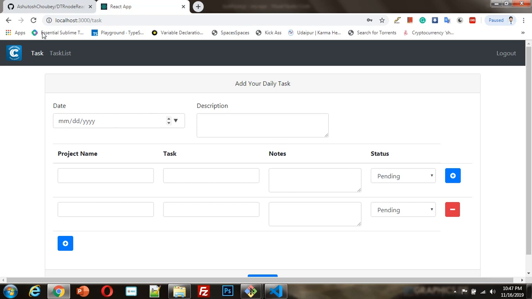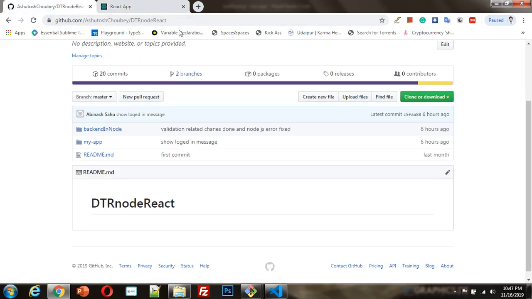For more information you can find the code through this GitHub link. I will put this GitHub link in the video description so you can understand the code, watch the code, download the whole project, and run it on your machine. For this you just need to go into each folder: my app is a client application, meaning the client side, which is made in React, and the other is written in Node. So go to that folder and type npm install, and all the Node packages will be installed, and then you start running.